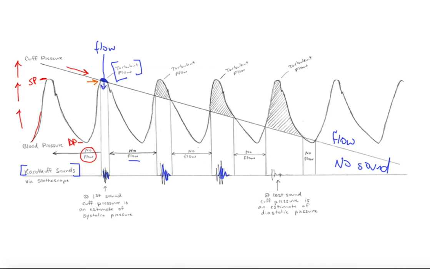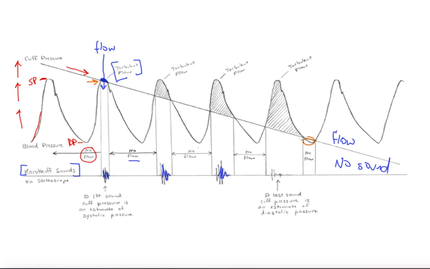Keep in mind, these sounds are due to turbulent flow in the brachial artery. We will talk about heart sounds in a separate video. The heart sounds that you hear with a stethoscope on your heart are separate. Those are different events. It doesn't matter how many Korotkoff sounds occur in between. It could be 6, it could be 28. When you hear the last one, that's when the cuff pressure and